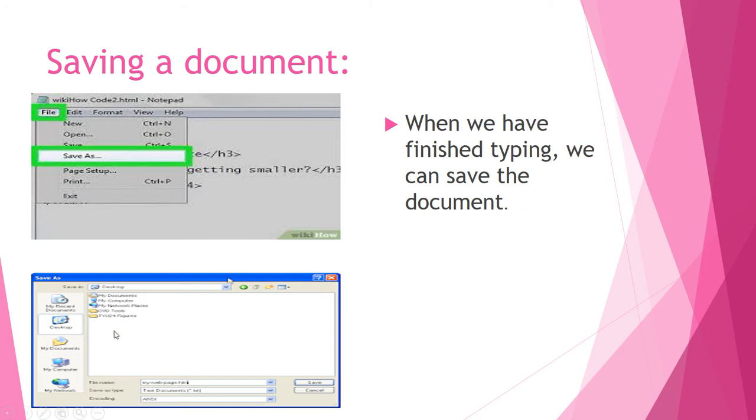Second box. We then click on the save button. Students, see the second box. You type yours here and you save the file. Our document is now saved. Notepad adds an extension to the name on its own. The extension is TXT. This is the extension. The name we have typed now appears on the title bar when we save our file.